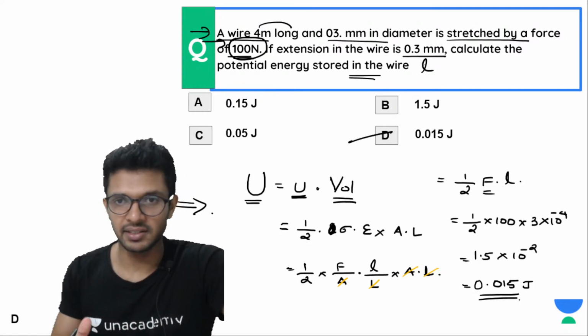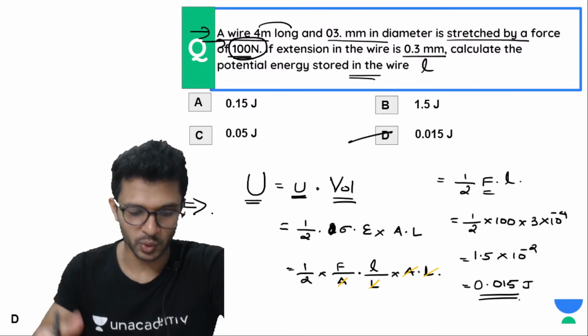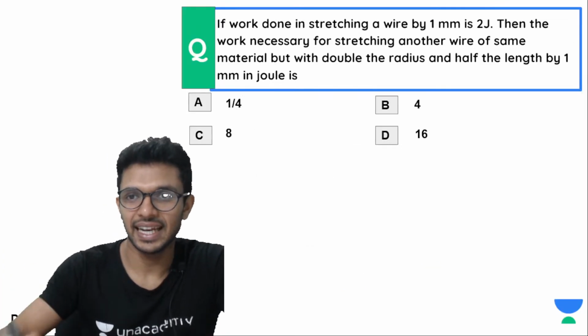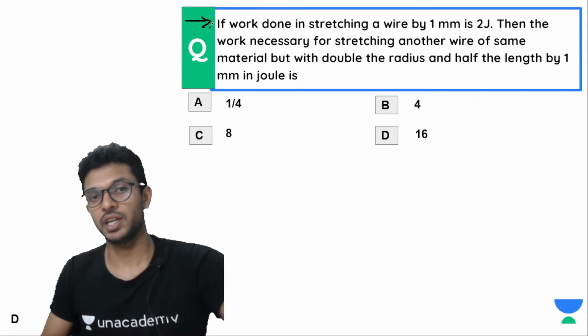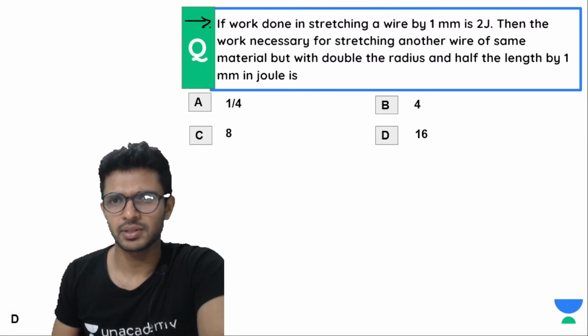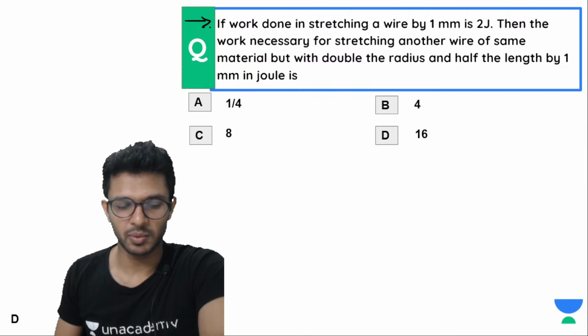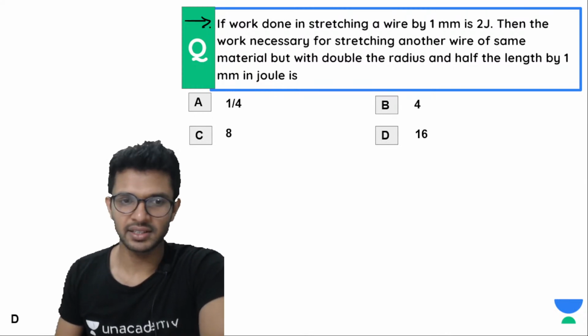Fine, our theory is over, right? Whatever the applications of this were, it is over. No doubts, right? Okay. Next one. This is also a very good question. Have we done this problem? No, right? I don't think we have done the problem. So do it and give me the answer.